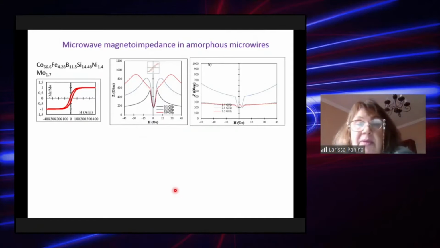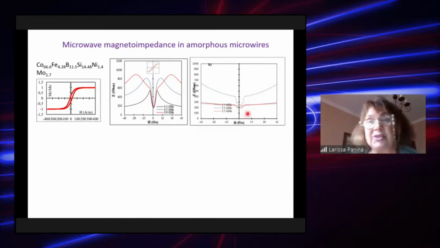As I mentioned, impedance retains large sensitivity to the magnetic field at gigahertz frequencies. This is an example of impedance change. For example, this red curve at about 1 gigahertz has at the lower fields almost the same sensitivity, comparable with that at 100 megahertz. Of course, with further increasing frequency in this particular wire the sensitivity actually drops, but it is still quite significant, a few percent